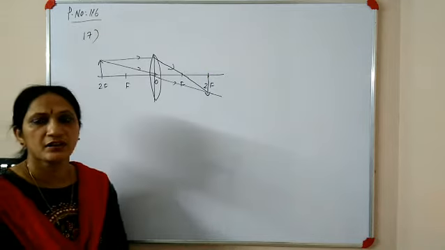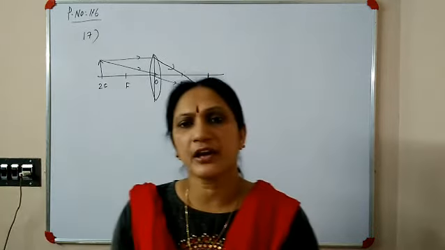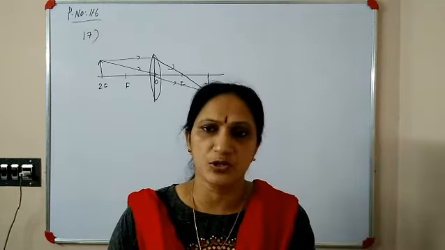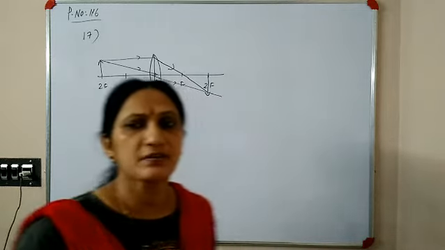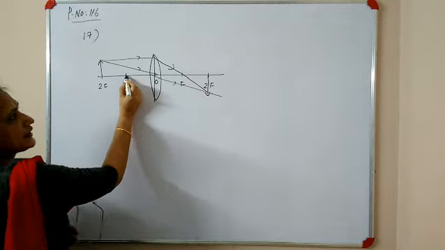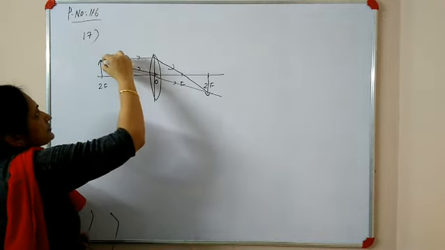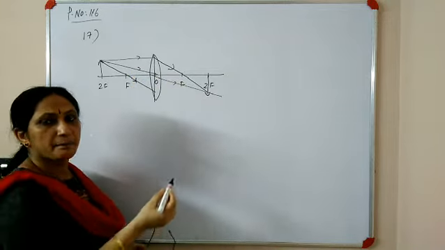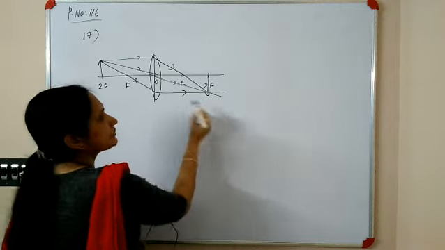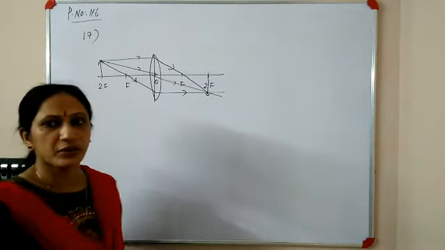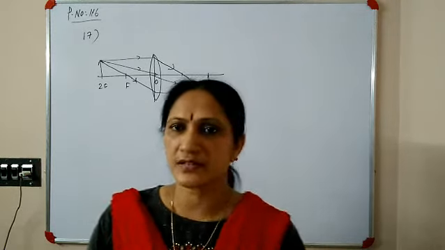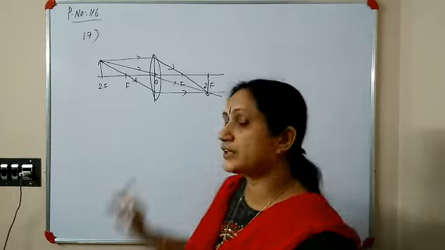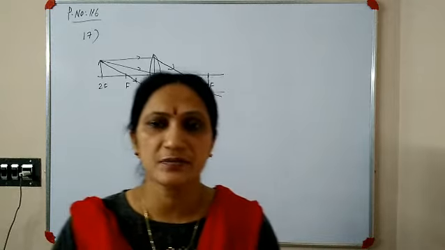So the image forms here. Here is one more point I want to tell. You can apply all the three rules. Here I have drawn only two rays. Suppose you draw the third ray also, see what will happen. The third rule is a light ray passing through the principal focus. According to the rule, this ray will emerge parallel to the principal axis. That means all three will converge at the same point only. But a minimum of 2 light rays are sufficient to find out the position of the image. Even if you draw all three, all the three emergent rays will converge at the same point.